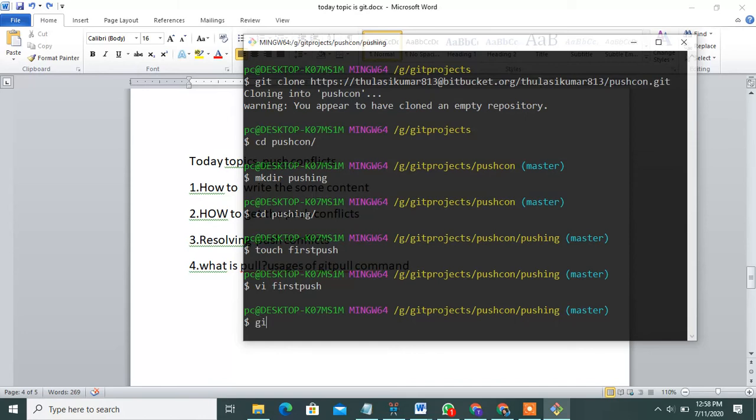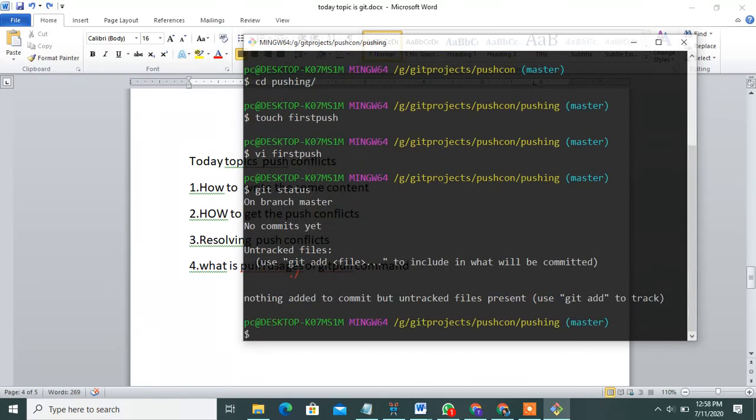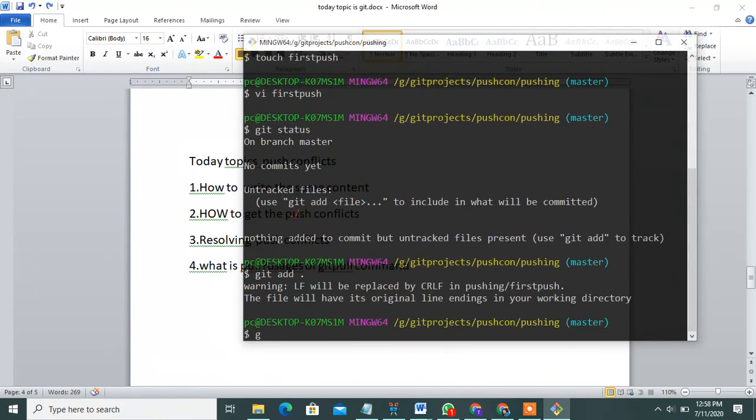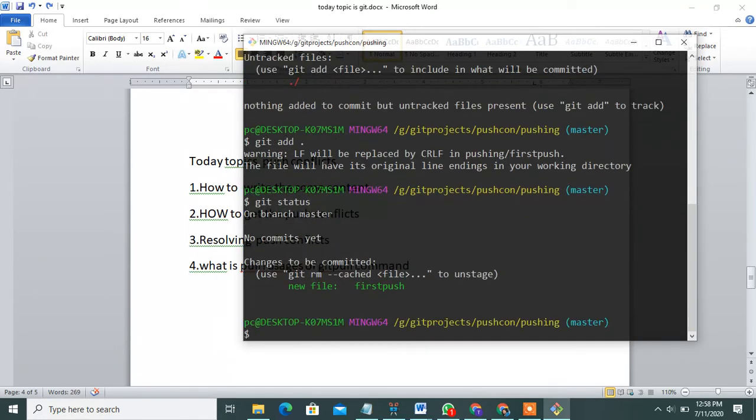First of all, check it. What is git status? Remember, guys, these commands are very important. Okay, then git add dot. Then check it. Then git commit, write some message also.